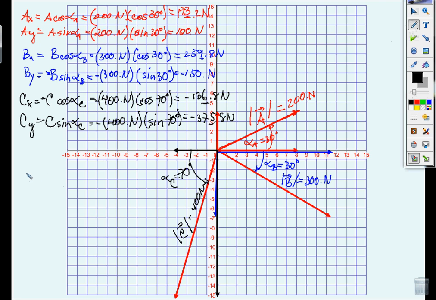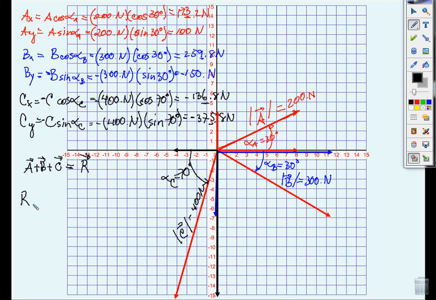Since we're getting the resultant, what we're trying to get here is this vector, the vector a plus b plus c. Okay, now for the sake of space, we're going to call this one a vector r. We're going to call this the resultant. So we have that r,